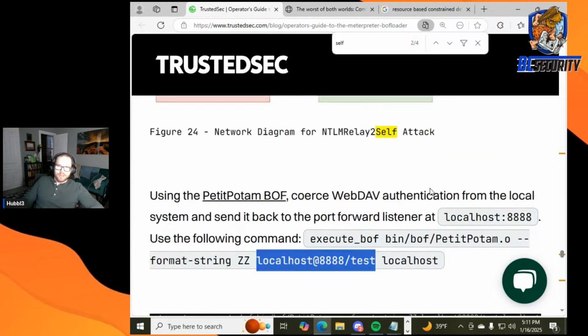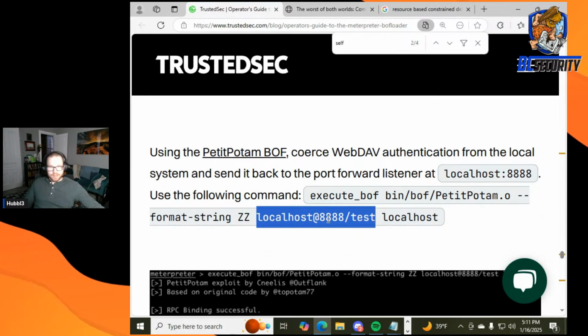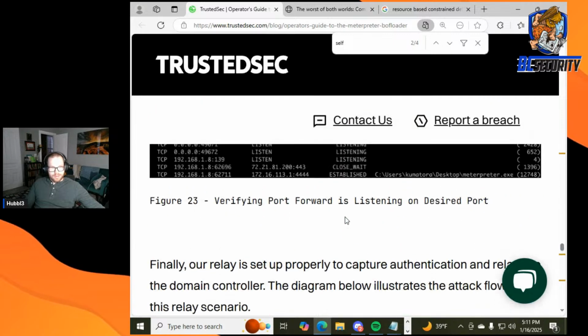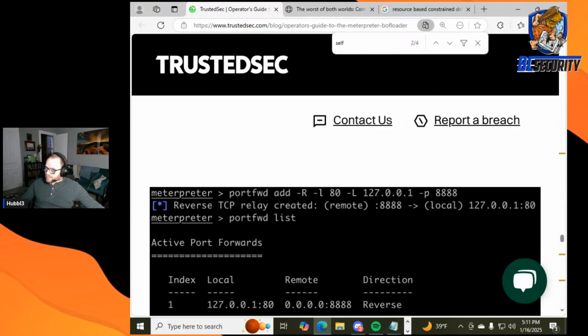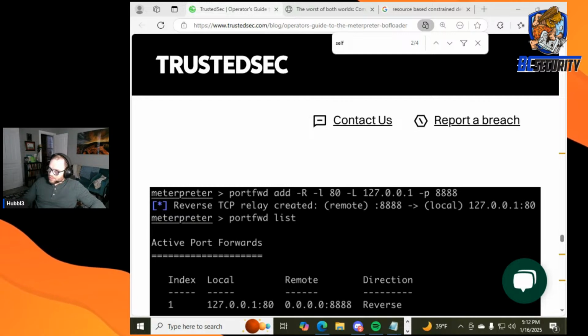So he just gives you the... they're using a BOF here, but they should be able to do localhost at... Hold on guys, one second. I'm going to pull up some notes from an old test to see what I'm doing wrong here,